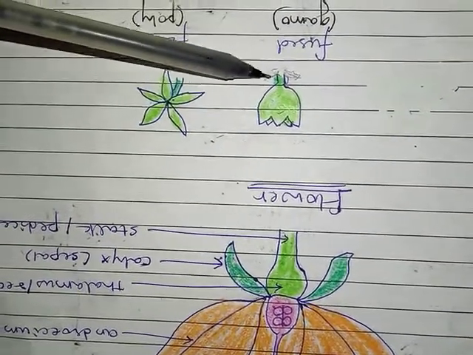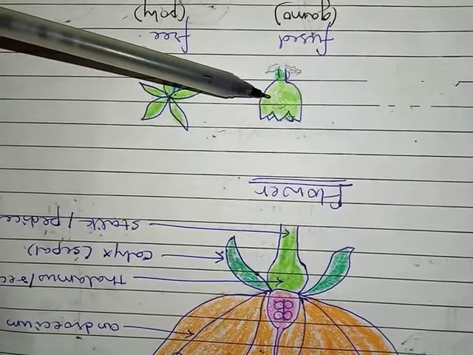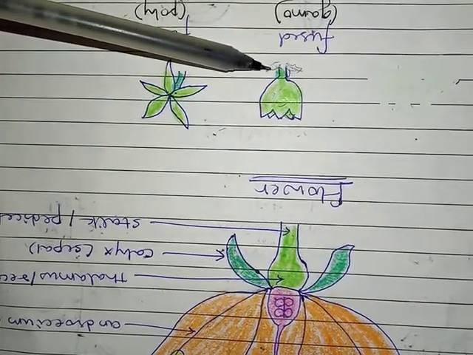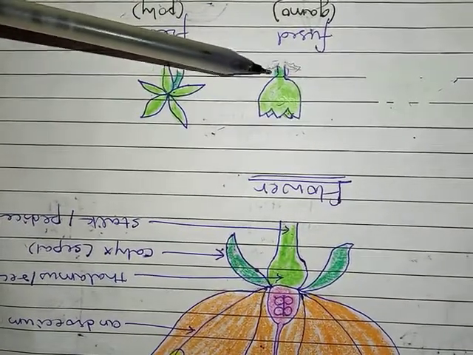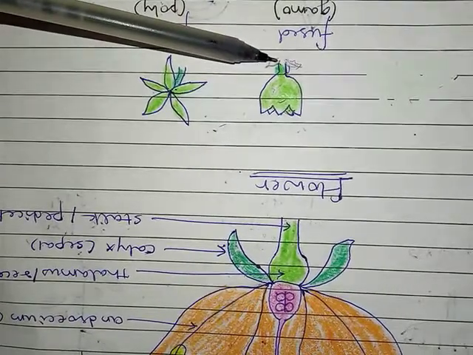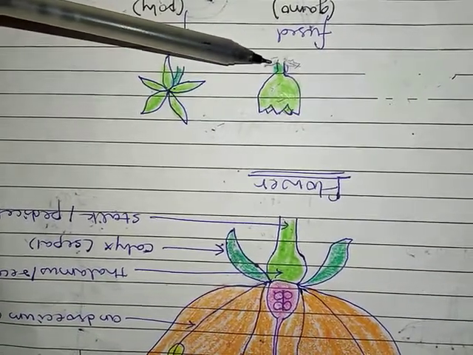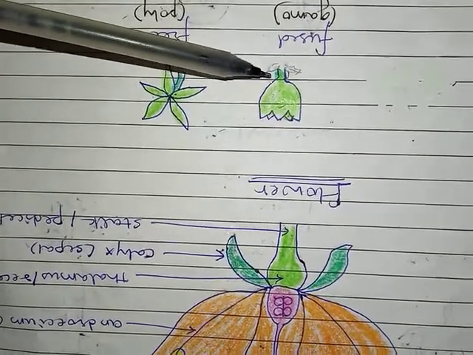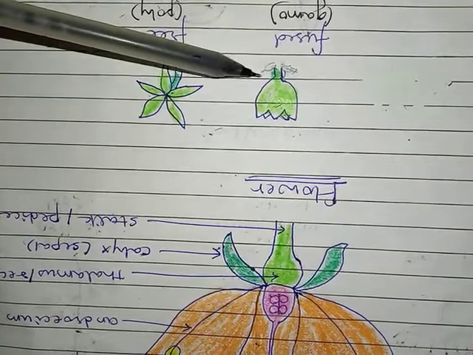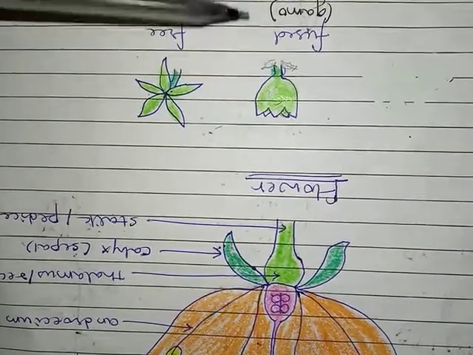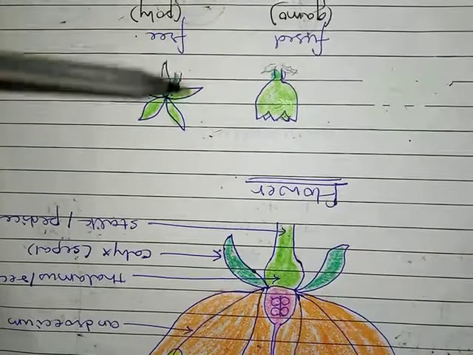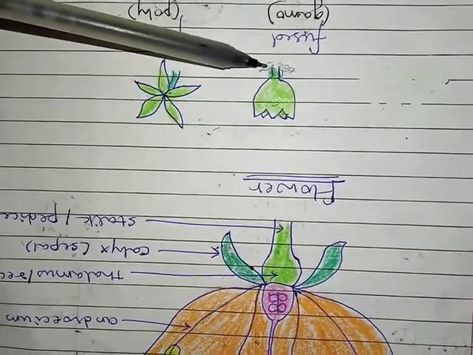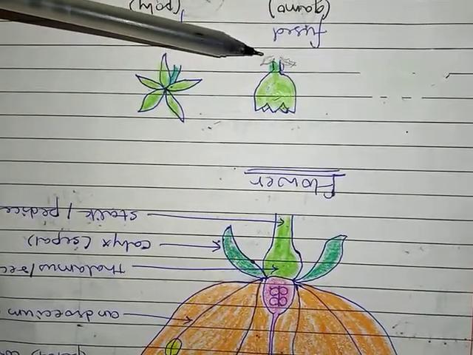One more thing to tell you, in case of the hibiscus plant, just below the calyx, there are leafy structures present which are called epicalyx. Epicalyx, right? And it is the characteristic of only the hibiscus family. It will not be seen in other plants. So what we have studied over here is the polysepalous condition, gamosepalous condition, and the epicalyx, right?